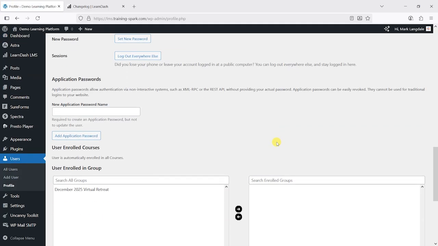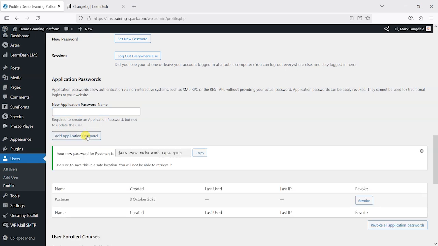And I'm going to scroll down, and WordPress has this section here called Application Passwords that allow different systems like REST APIs to communicate, and it's their way of authenticating. So I'm just going to create one here called Postman, for example. And I'm going to click Add Application Password. And we can see here the new password for Postman is this, and all we need to do is copy